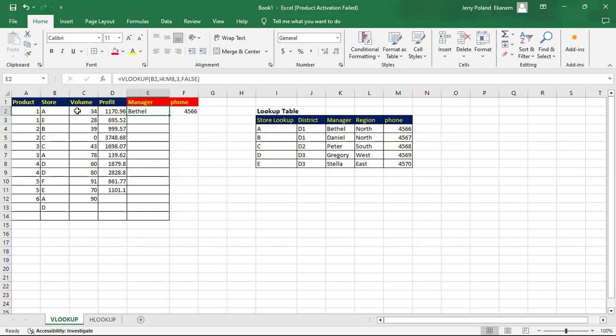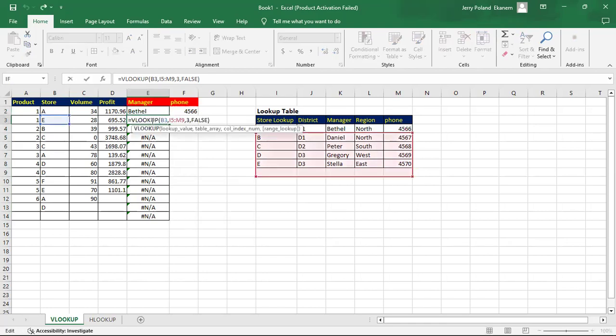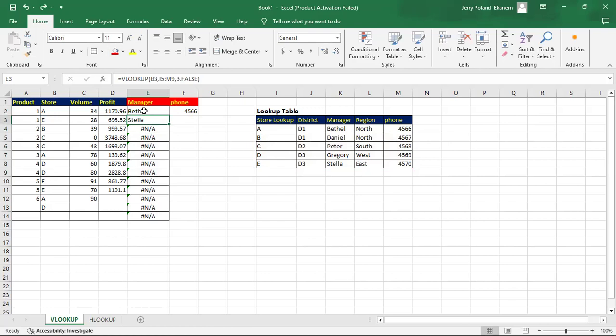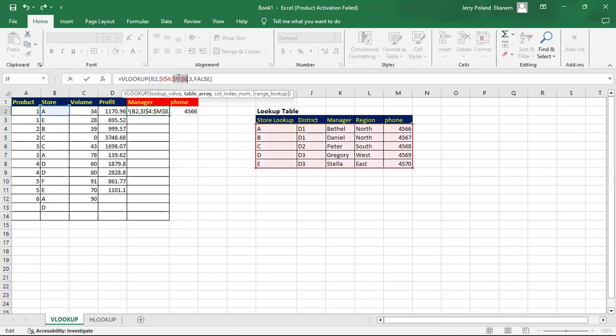So we can run it down like this. We had it for Stella. The next ones are all giving us NA. Remember what we did some time ago, the absolute reference? We've not absolutely referenced this. That's why we're having that. So what do we do in this case? I'm going to undo everything I've done here, go to my VLOOKUP, and make sure that I reference this absolutely with F4, like so, and I enter, so that when I run it down like this,